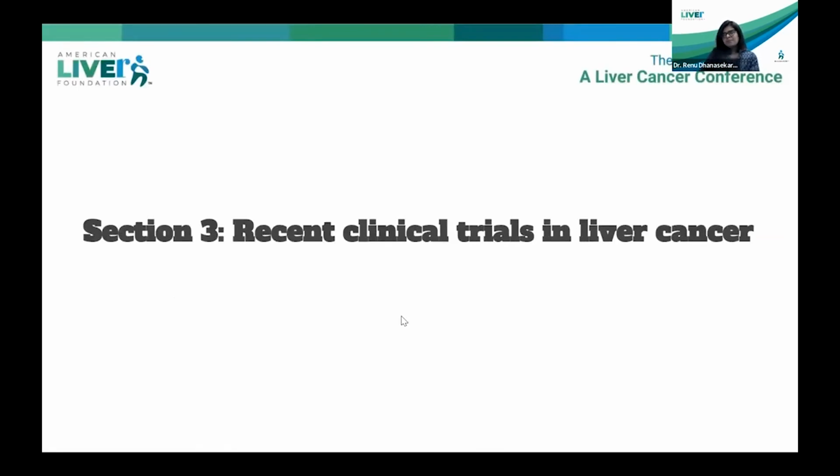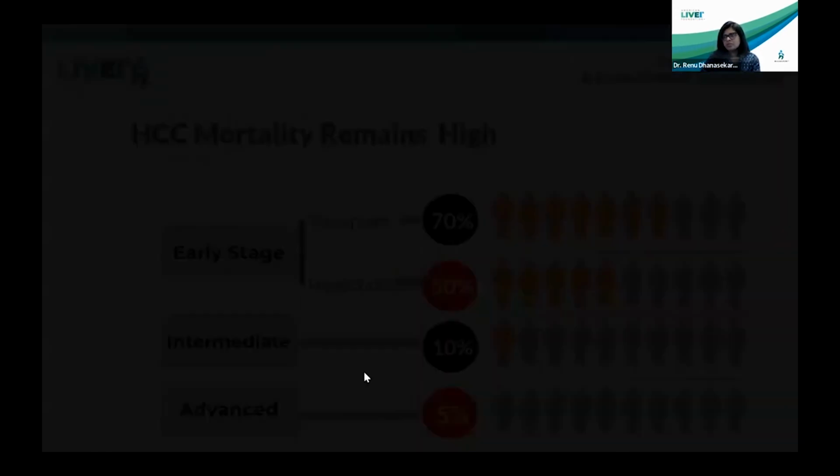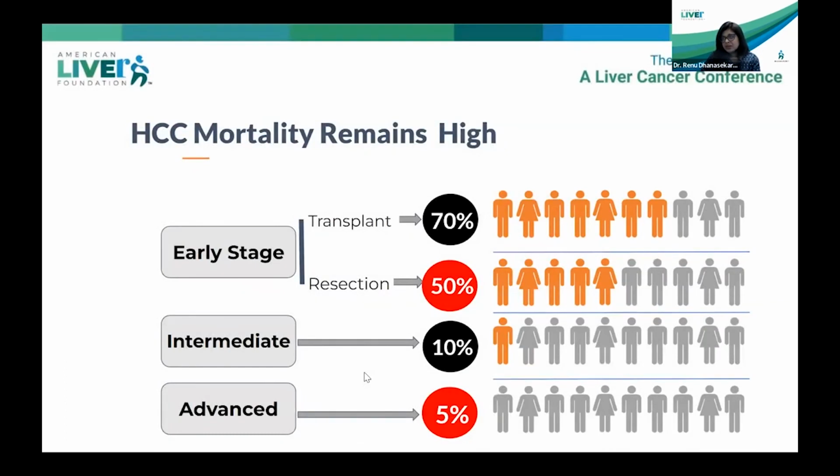So I had a few slides on this, but I will make this brief. Clinical trials in liver cancer. I think you've been listening to this since this morning. This is 5-year survival across the board for all cancers, dramatic improvement from 50% to 67% between 1970 and 2013. But as you can see in liver cancer, we still have a long way to go. It's one of the cancers where 5-year survival is still below 25%. And so clearly we need more trials, more participation from all of you. And mortality for HCC is pretty high. If you're diagnosed early, of course, you have surgical options, but for those who are diagnosed late, 5-year survival remains low, which is why, again, new drugs are needed.